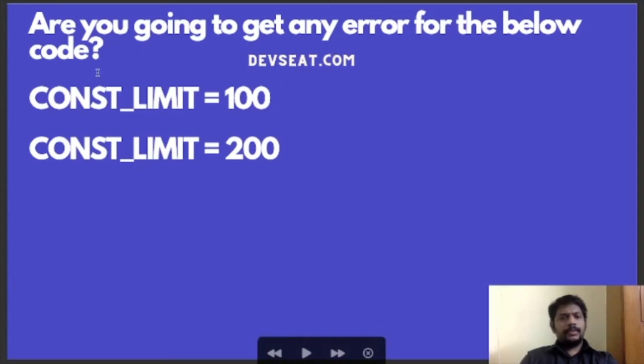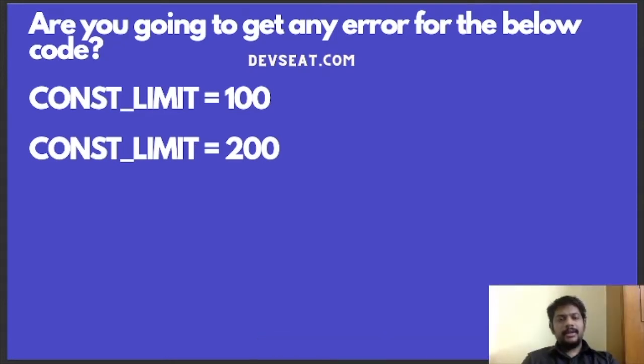So, are you going to get an error for the below code? I just named a constant, const underscore limit, and I changed the value of the constant. So what is a constant? A constant is supposed to have a constant value. But I changed the value here. It is still okay. You can give a different value to a constant variable, because there is nothing such as a constant in Python.